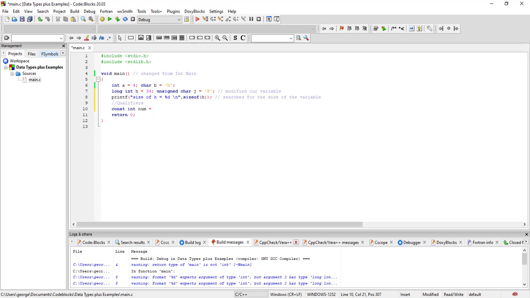We then initialize it to 6, and we have a volatile int num2 is equal to 7. So in other words, when we printf to see the contents of these two values, we can see num is equal to %d